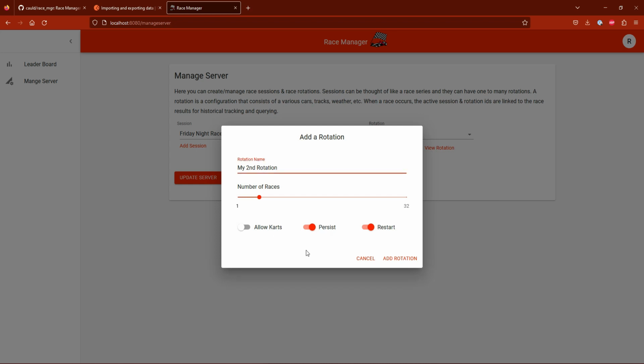Now these next two options, persist and restart, let's cover those. So persist is effectively saying you want to save this rotation into the database and keep it inside of Race Manager. Generally, the answer is yes. That's why it's the default. Basically, the idea here is that later,